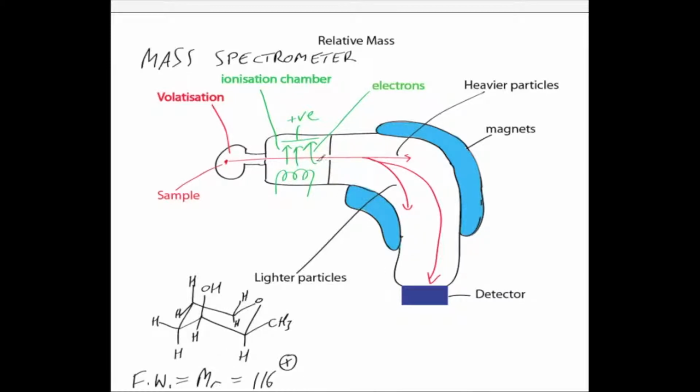Now, as it goes through there, it gets bombarded with this charge. It doesn't have to be negative, it can be positive, and I've made it positive here to confuse the matter, but it doesn't really matter. So you now have a neutral molecule, goes through here, comes out here as a charged species. Now charges are deflected by electric and magnetic fields. Okay, now it's also got a lot of energy, a lot of kinetic energy, and it will be